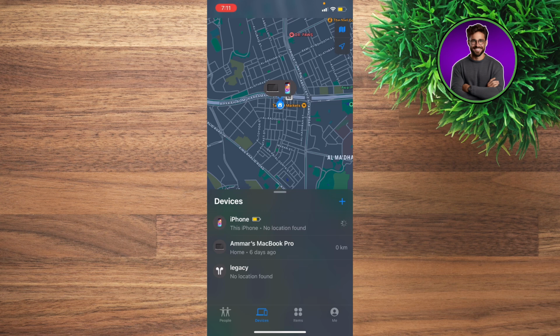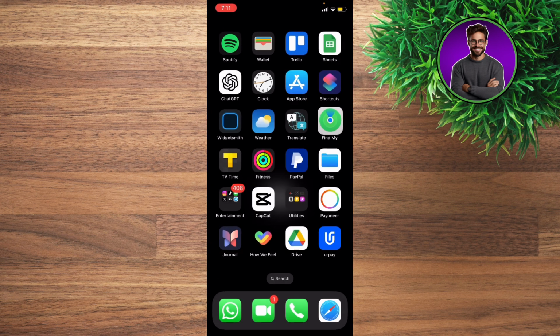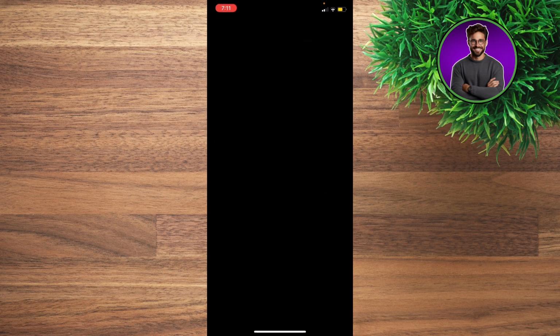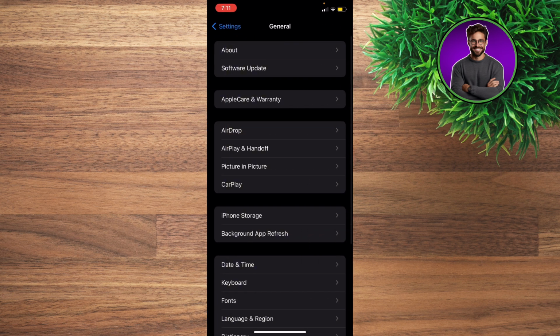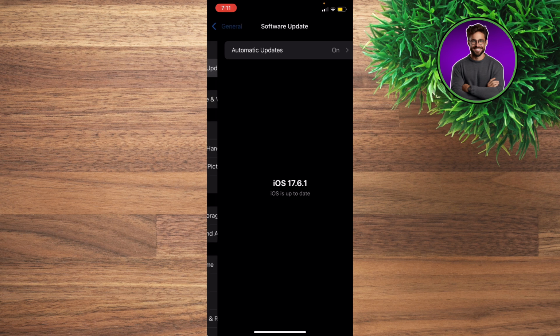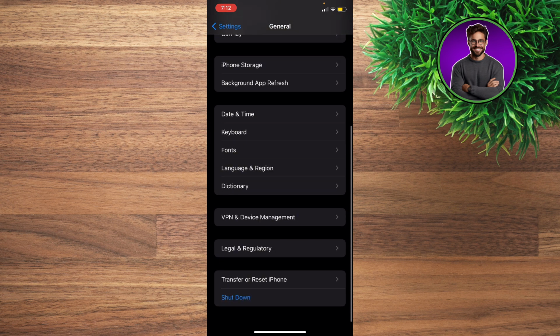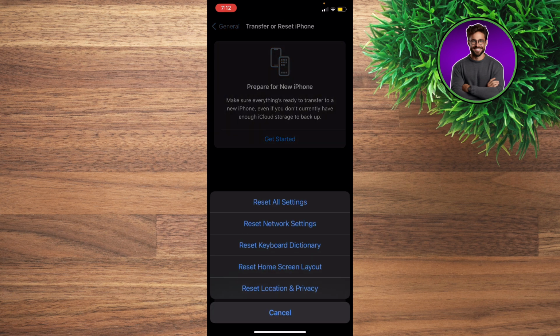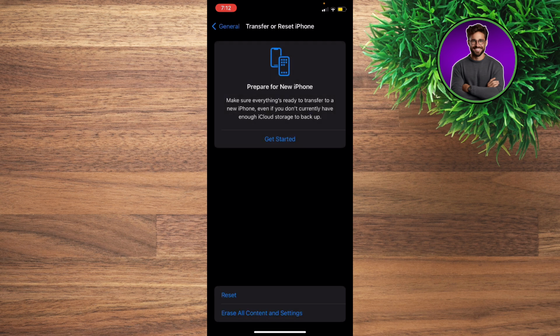How to fix the Find My iPhone grayed out problem on iPhone. So, go back to your screen, right? And then what you're gonna do next, you're gonna just go ahead to your settings, right? Move along to General, and then make sure that your iOS is fully updated to the latest version, right? And then what you're gonna do next, you're gonna just go ahead and scroll a little bit down and click Transfer or Reset iPhone, and you're gonna reset, and by resetting Location and Privacy right here, that should fix